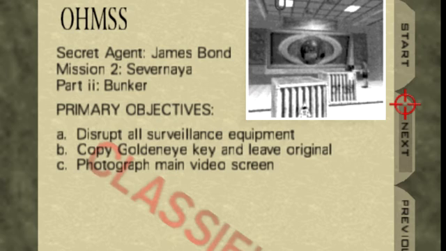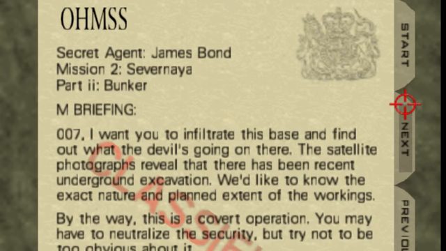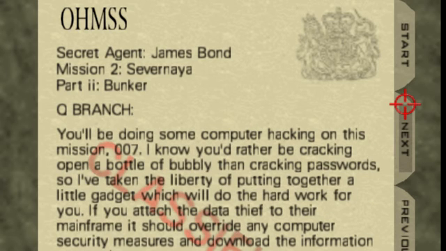So, Mission 2, Part 2, we're in the bunker. The bunker is part of the films, as I'm sure you all remember. So, our primary objectives are: we have to disrupt all surveillance equipment. We have to copy the Goldeneye key and leave the original, and we have to photograph the main screen. Now, to copy the Goldeneye key, we're going to have to open up the safe. I think you can just open it up yourself, but one of the problems with this is there's a lot of